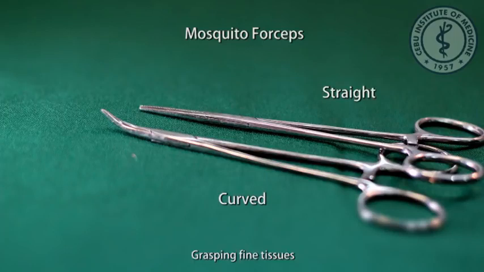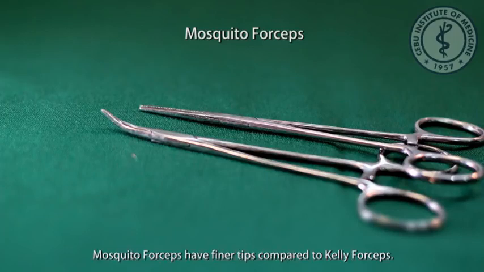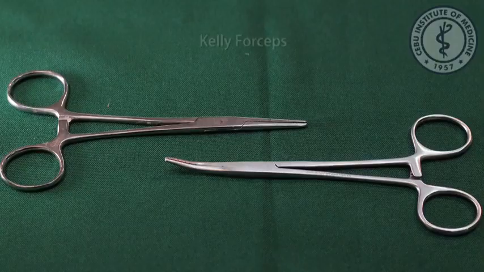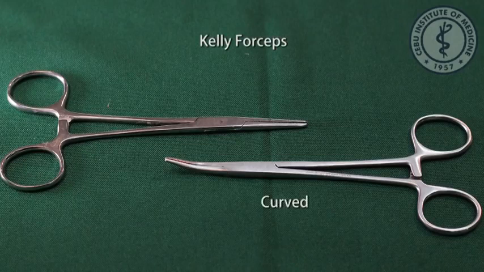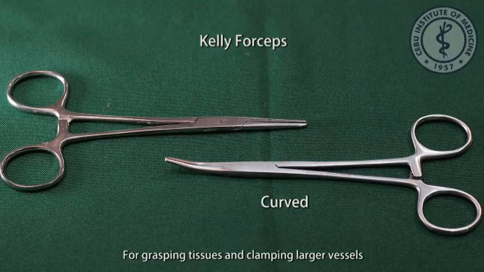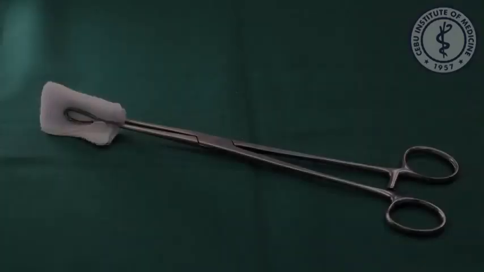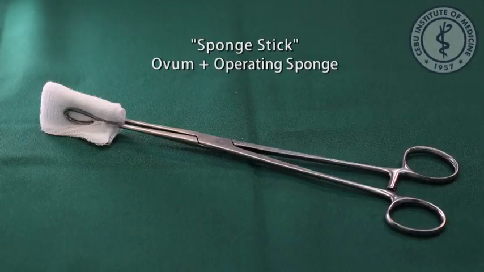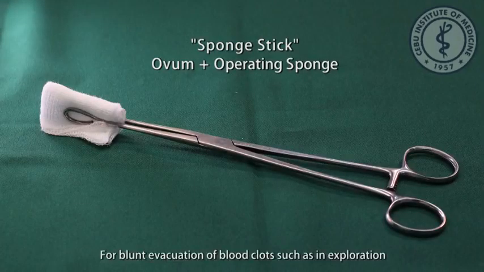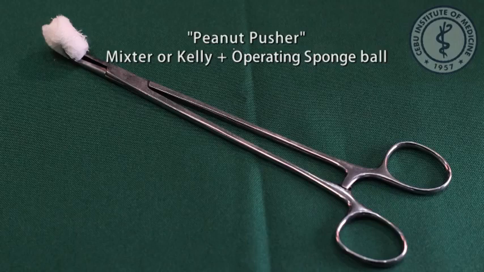Straight, for grasping fine tissues. Mosquito forceps have finer tips compared to Kelly forceps. Kelly forceps, curved, for grasping tissues and clamping larger vessels. Straight. Ovum forceps, sponge stick: ovum forceps plus operating sponge, for blunt evacuation of blood clots such as in exploration. Mixter forceps, peanut pusher: Mixter or Kelly plus operating sponge ball, for blunt